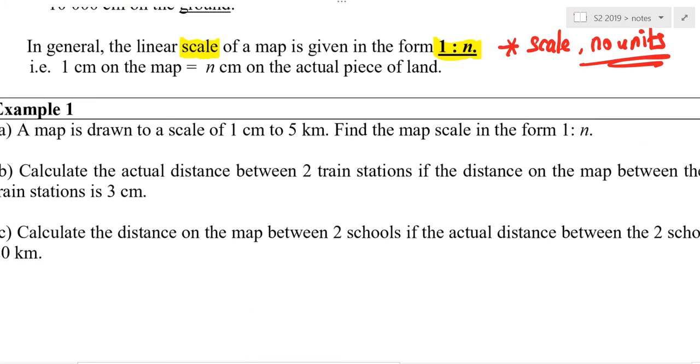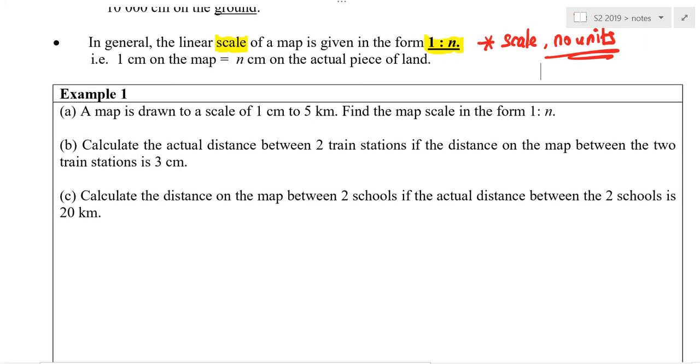Can we start? Now, this is a typical exam question. Let's start by understanding the question. A map is drawn 1 cm to 5 kilometer. Find the map scale in the form 1 is to n. I know you know your way, but let me show you the proper presentation so that you are okay. So can you all start by writing